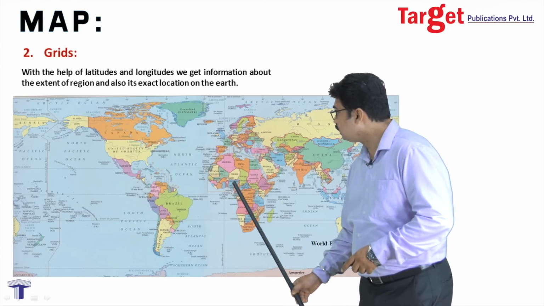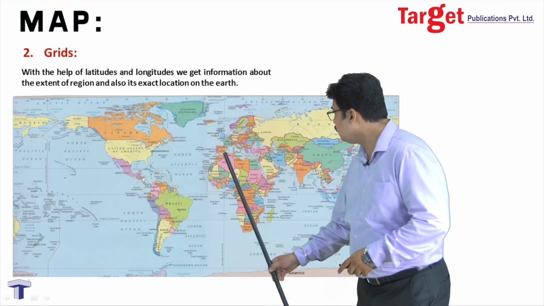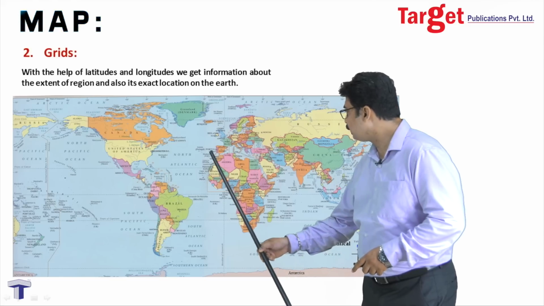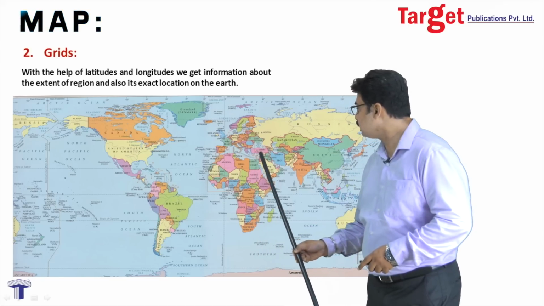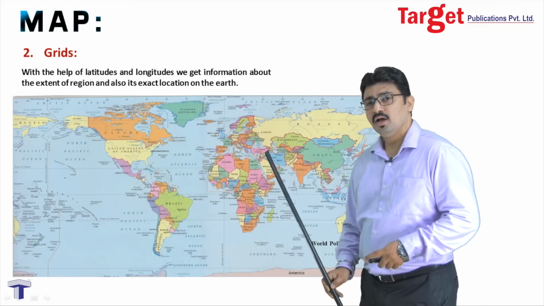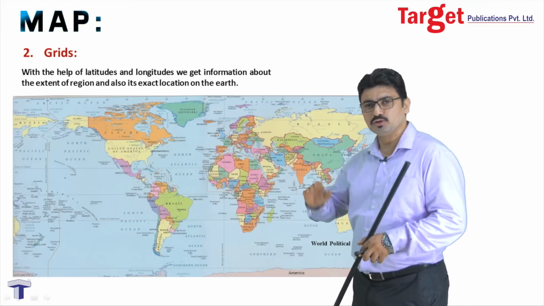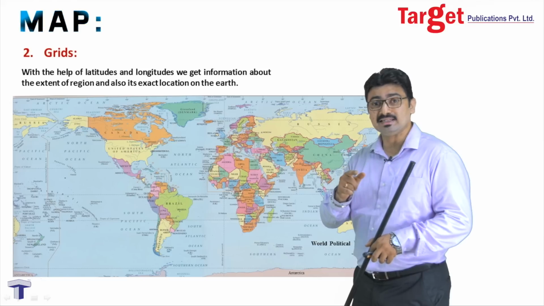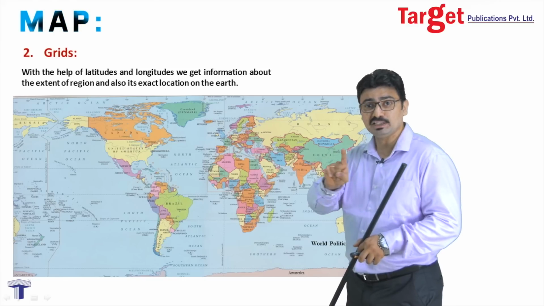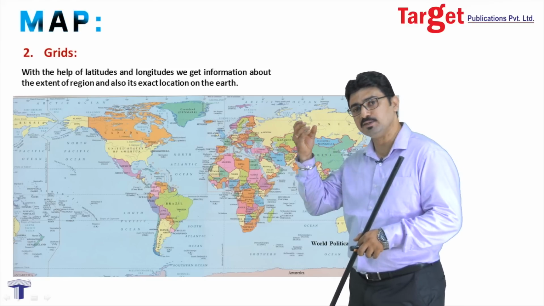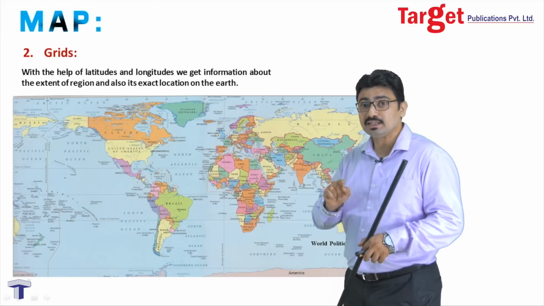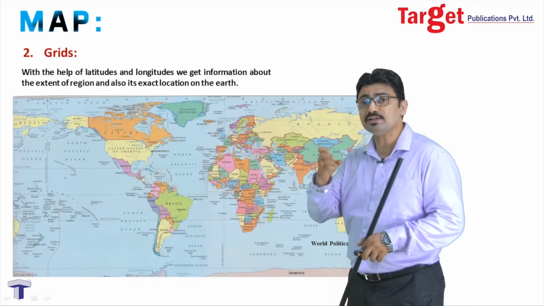Now, the African continent stretches from 37 degree 12 minutes north up to 34 degree 40 minutes south. So, the latitude on the top of the African continent is 37 degree 12 minutes north and 34 degree 40 minutes south. Why does it extend from a north latitude to south latitude? Surely because it expands in both the northern as well as southern hemisphere. So, the equator passes through this continent, some of which is in the northern hemisphere, some of which is in the southern hemisphere.